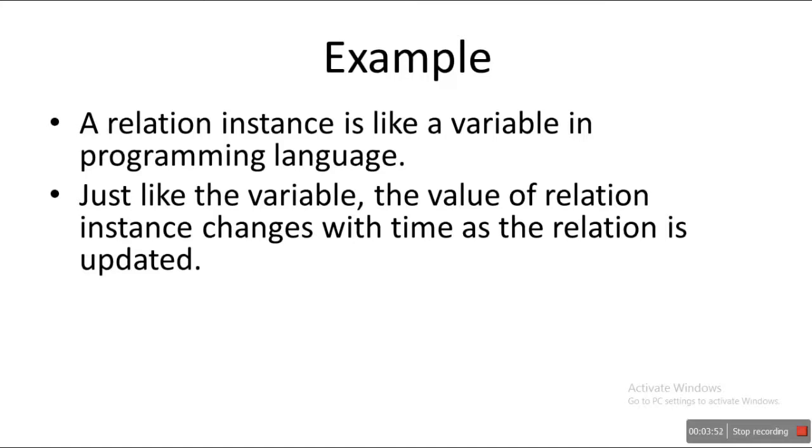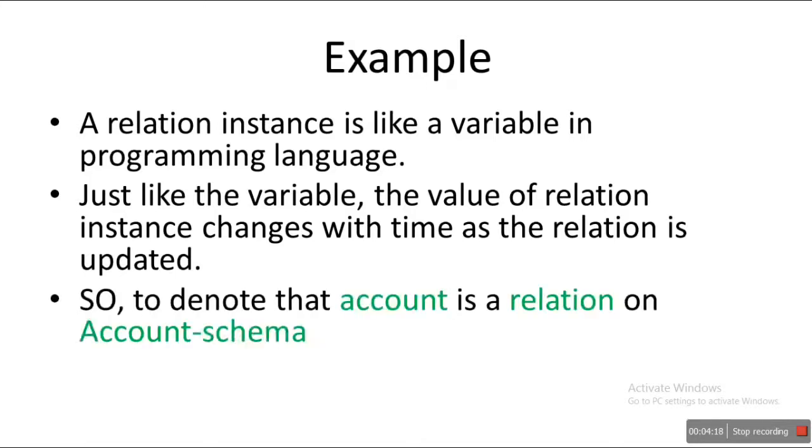500 rupees. After, let's say, another month, you have got another 50 rupees in your balance. So your total balance becomes 550 rupees. Now at different instances of time, the balance is different. Hence it's called a variable. That is, the value is variable. It changes with time and it is different at different instances of time. Hence our relation instance is a variable. So this was the example for the naming conventions of our relation instance.